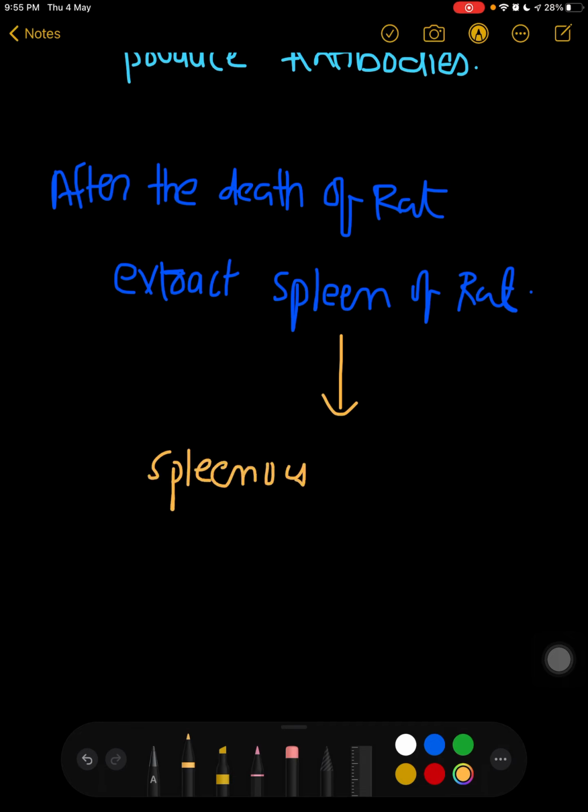We will extract the splenocytes from the spleen. What are splenocytes? Splenocytes are basically the plasma cells of the spleen. We will extract splenocytes, and we will extract myeloid